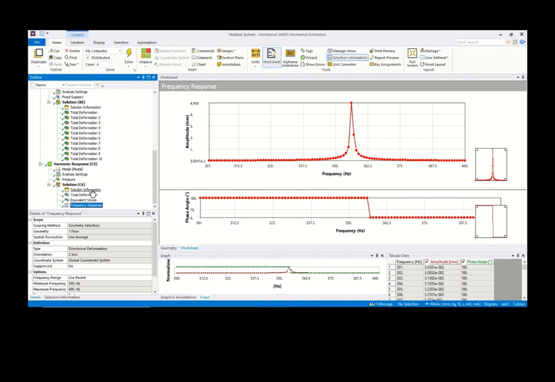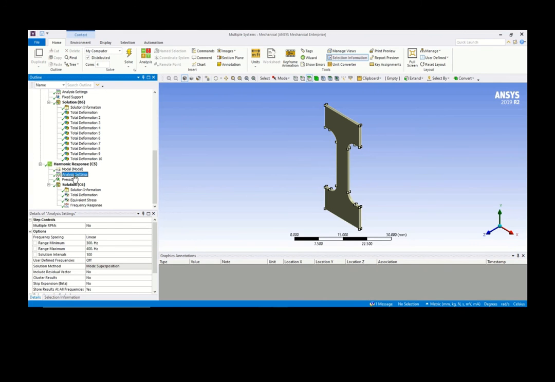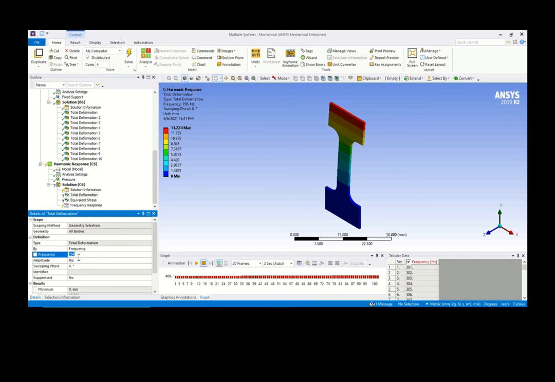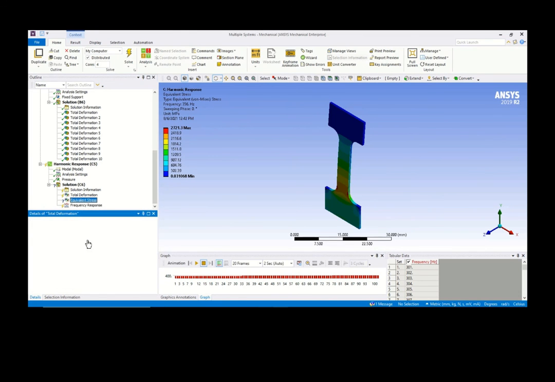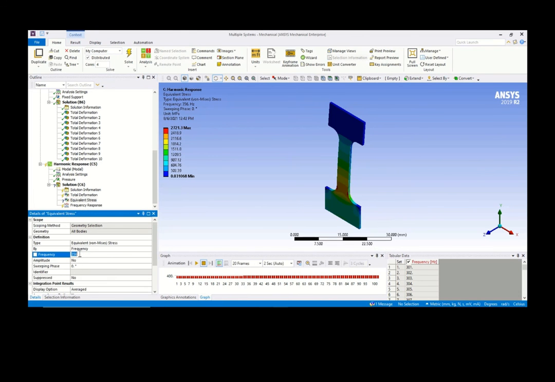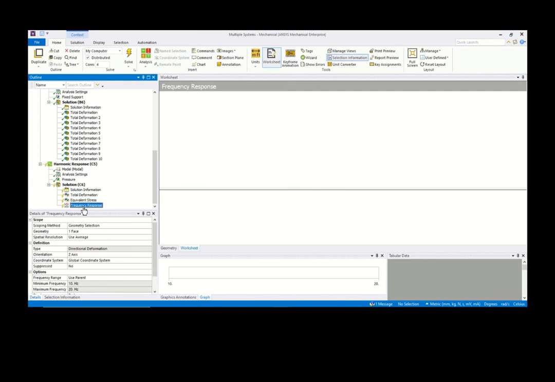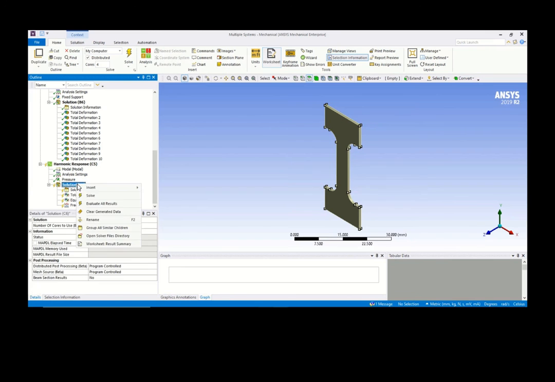I'm not going to 356. So here I want to go for 10 hertz only, and we want to see the stress induced at 10 hertz. What will that be? Okay, so if you can solve it,